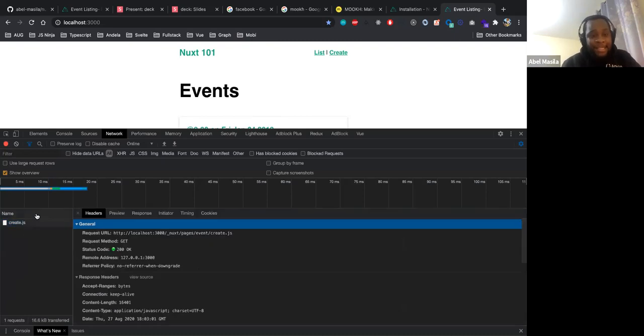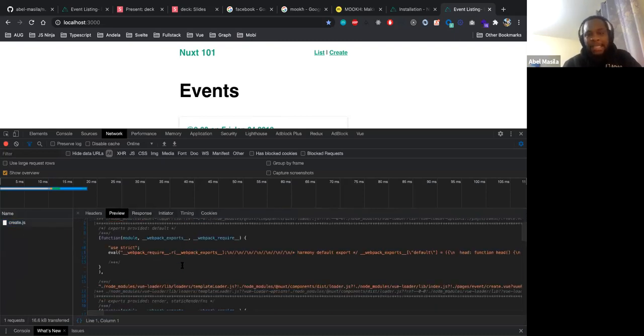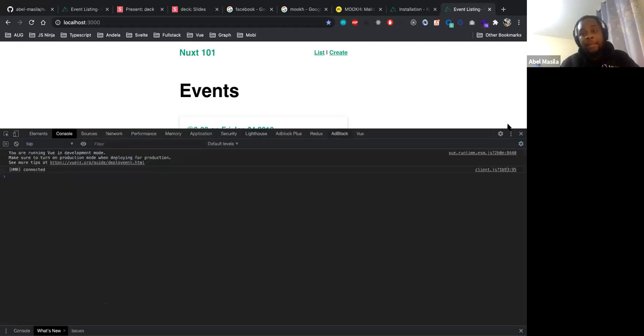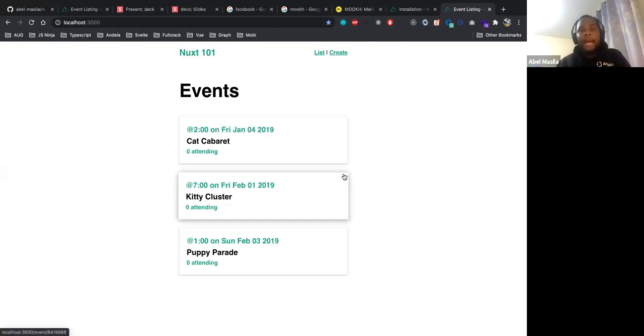Now this entire code for create.js, it's basically the create page. This is something very nice, offered out of the box by Next.js. You will get your pages loaded when the links are active and when the browser is idle. Nothing is happening for this case. So that is one.